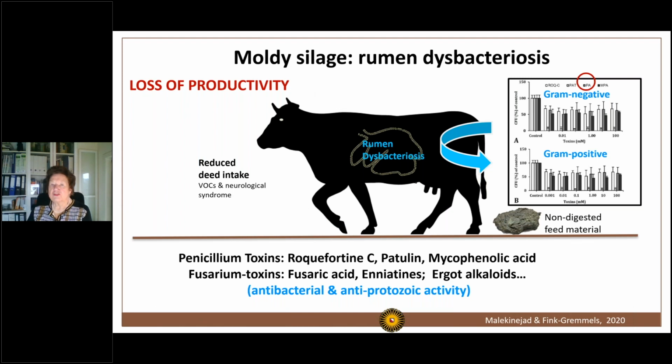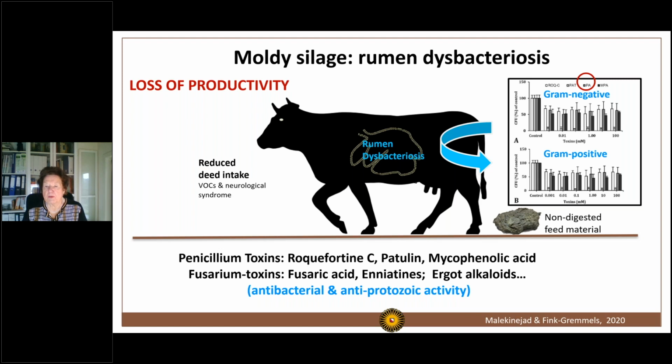When we go into these moldy silages and we look again into the animal, then we have to discuss what is a major toxicity. At very high concentrations, roquefortines can even have neurotoxicity. But what we see at the low concentrations, and you see here the insert, which is of one of our papers we recently published, is the antimicrobial activity. And the antimicrobial activity is very, very high for all these toxins. So what happens is that we give a kind of an antibiotic substance into the rumen every day with every meal. And this, of course, causes rumen dysbacteriosis. And this is a typical feature and typical characteristic of roquefortine C, patulin, mycophenolic acid,